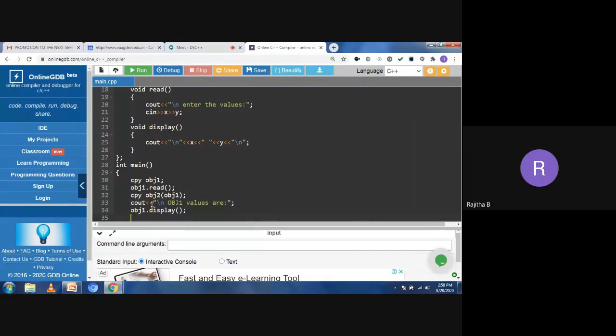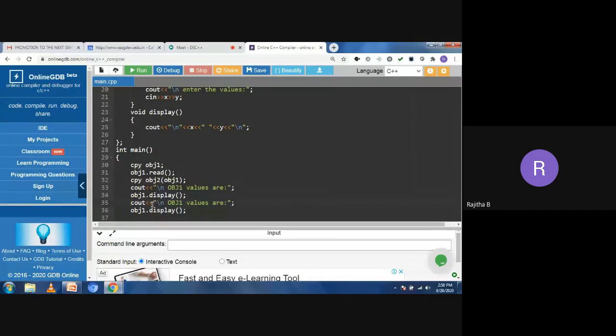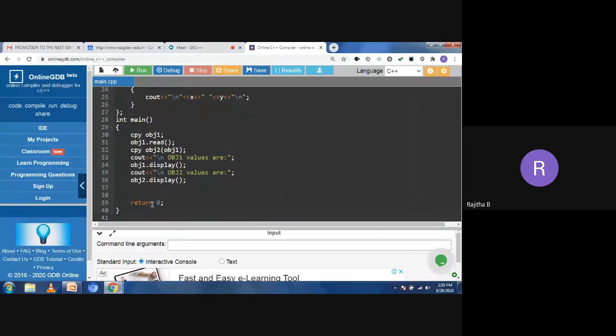Then I want to take the object 2 also, and copy this one. That is obj2 values. Now in the cout statement, we have to take the obj2 values are. Then I want to call the display function with the object 2. That's it, obj2 dot display. Then you can return the value. Yes. Now we'll go to the run.